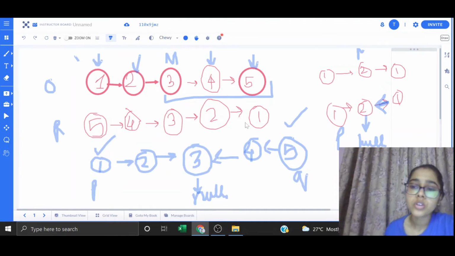Now, what would be the time complexity of this particular approach? I want you guys to think about it, and in the next video, in the starting, I will be covering the time complexity. But I want you to think what would be the time complexity for this particular approach. Now let's move to the code very fast.